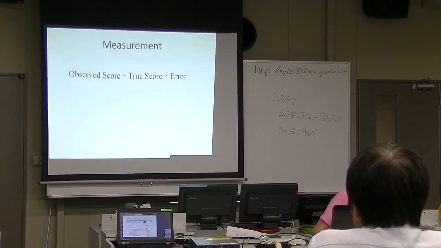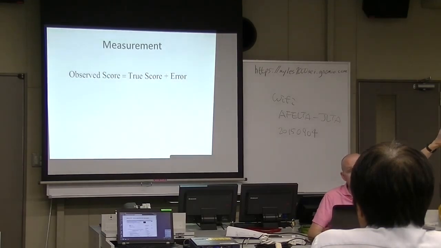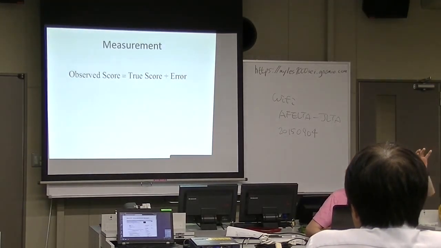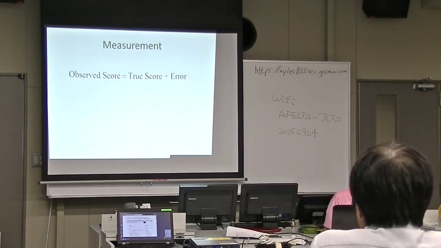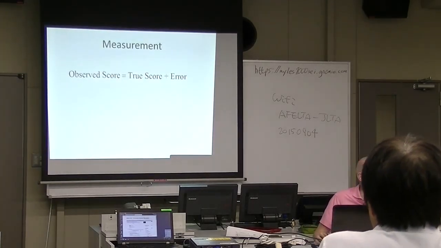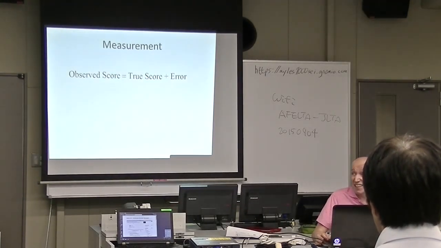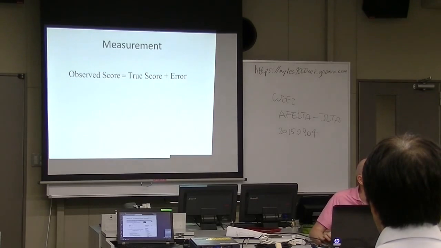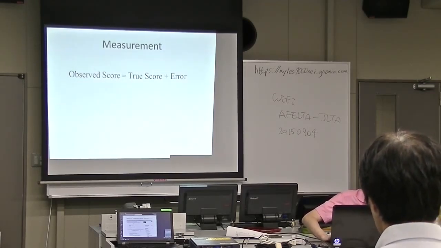the way we think in classical testing theory is, we have an observed score, 70%. But that observed score is made up of 2 parts. Part 1 is the true score, the true ability. And part 2 is error, which some people call uncertainty. Okay? It might be that the room was too hot and they were sleeping. It might be that they were having a really lucky day. C was the letter for them. It might be any one of a number of things that are not related to the construct that we're measuring. Okay, so